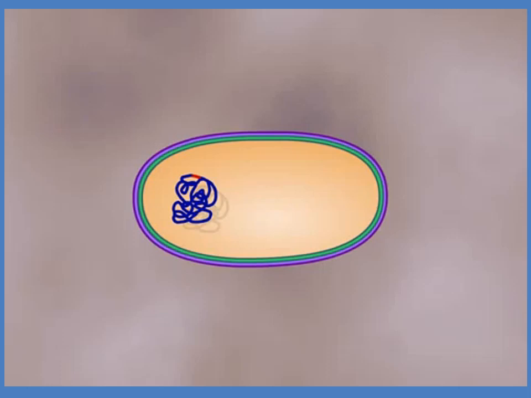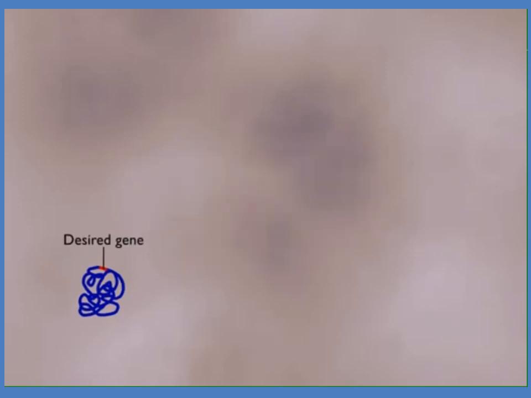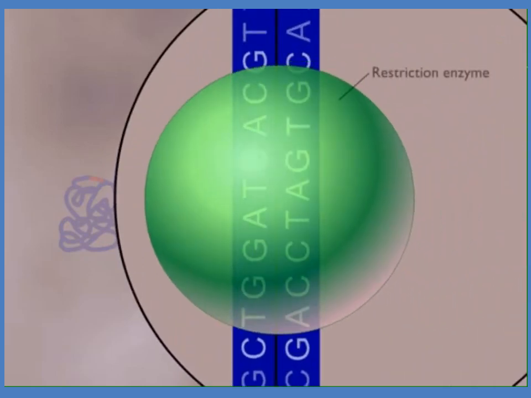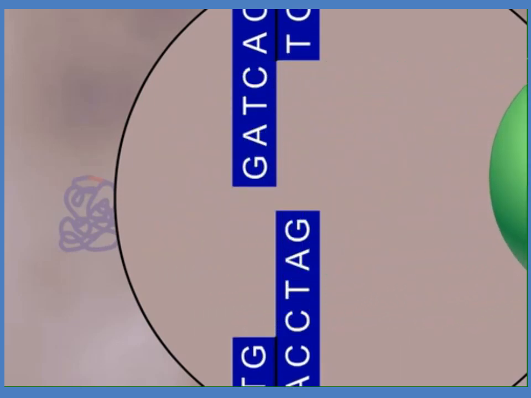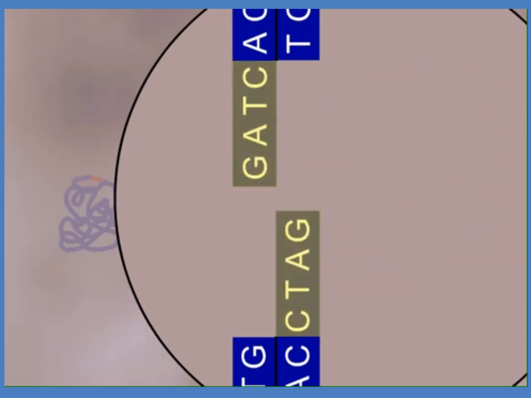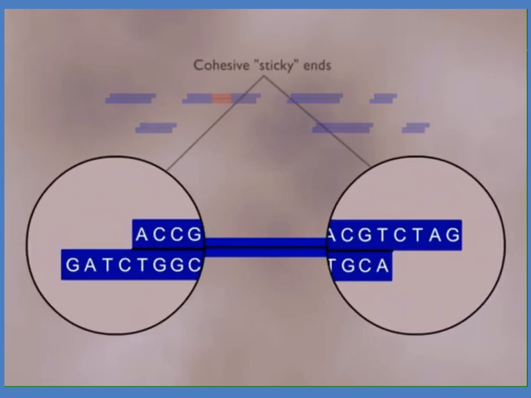In this video, you can see the overall process of gene cloning. The first step in cloning a gene is to isolate the DNA from the organism that contains the desired gene. The isolated DNA is purified and then fragmented with a restriction enzyme. Restriction enzymes used in cloning produce staggered cuts in specific sequences in the DNA, generating fragments with cohesive ends. Each fragment has a single-stranded sequence of nucleotides on its ends that is capable of hybridizing with DNA that has been fragmented with the same restriction enzyme.